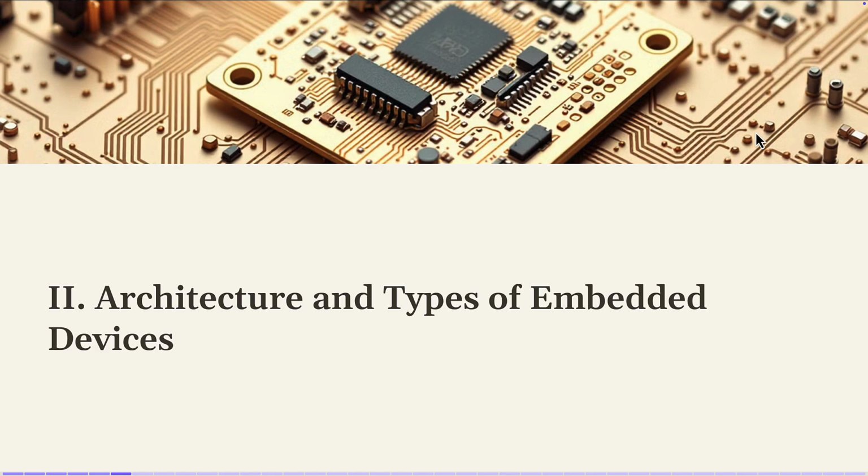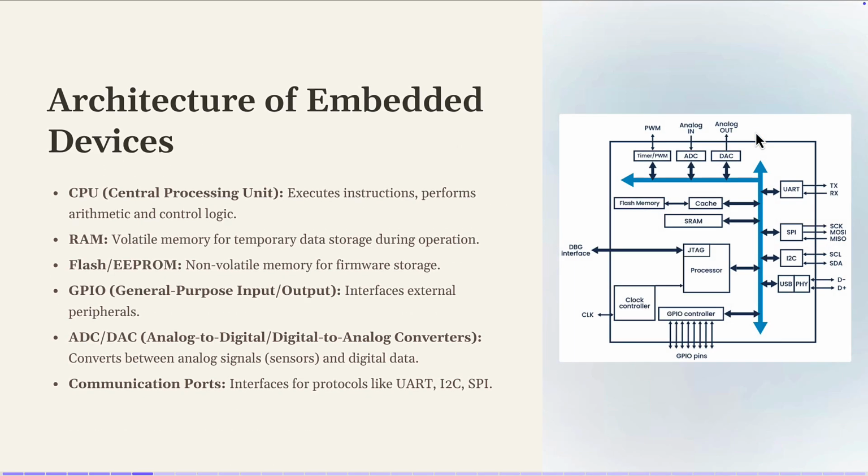So let's talk about the architecture and types of embedded devices. This is the general architecture, which also applies to this Arduino Uno. Basically, we will have a small processor, which is this component here. Usually we can connect directly to this processor through a JTAG interface for debugging. This processor is connected to